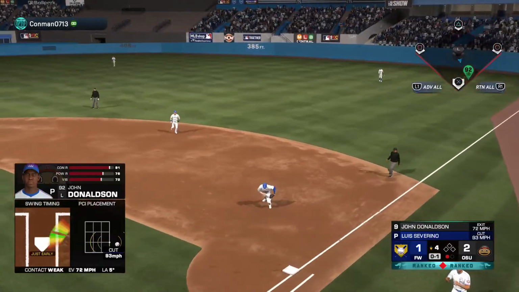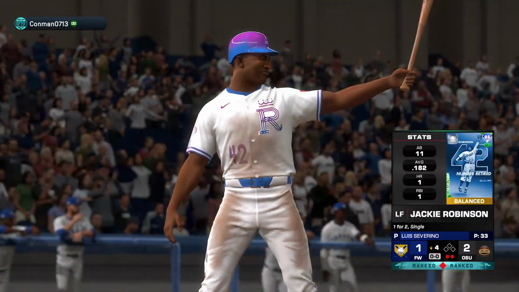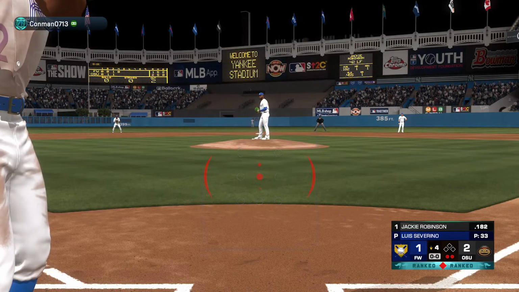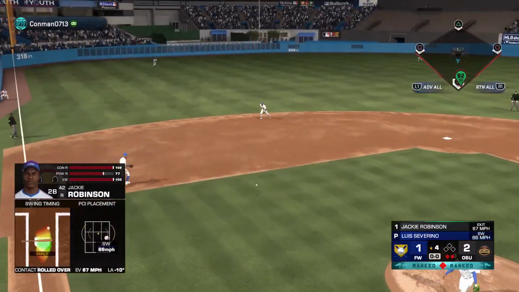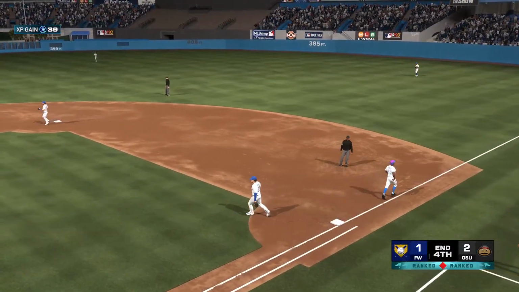Hits it on the ground to the right side. Steps on the bag at first for the out. Here's the left fielder, Jackie Robinson. Puts it on the ground to short. DeVries handles. That ends the inning. We've played